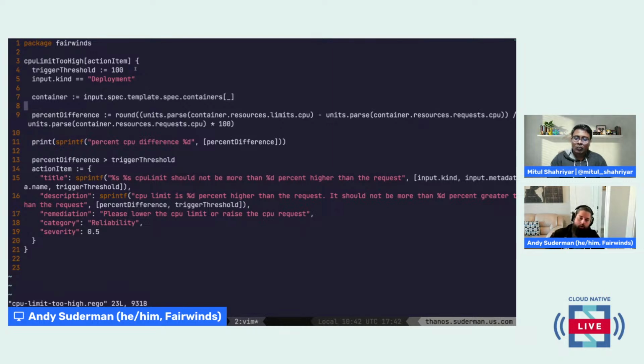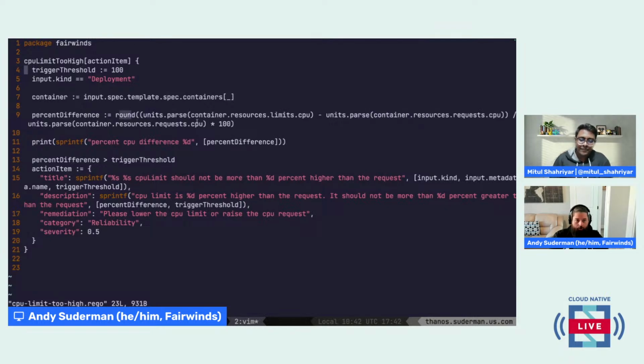Sometimes you'll run into trouble, especially with memory and CPU limits, where you set the burstable amount so high that if all of your pods burst to that top amount, you would overwhelm your nodes. So we can set a threshold via Rego on this percentage difference, and we have useful functions for parsing CPU, requests and limits.